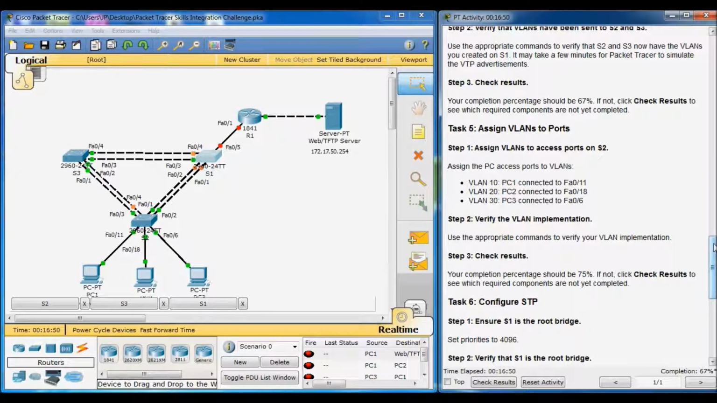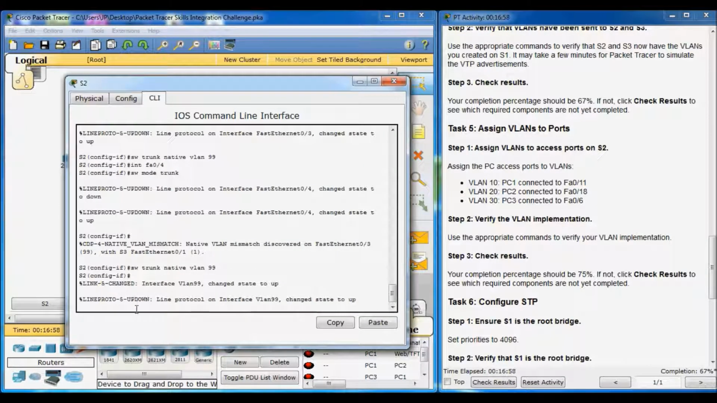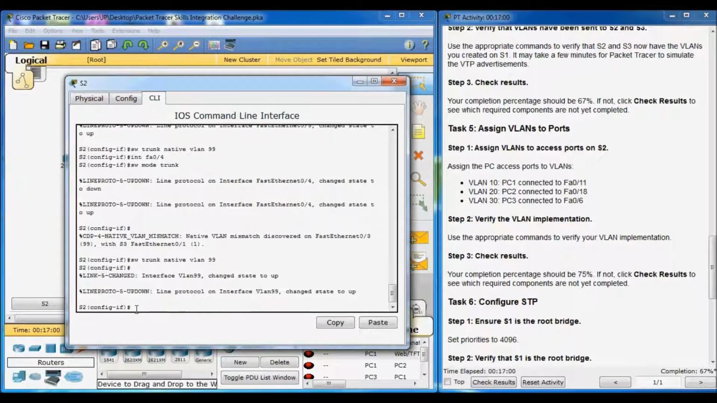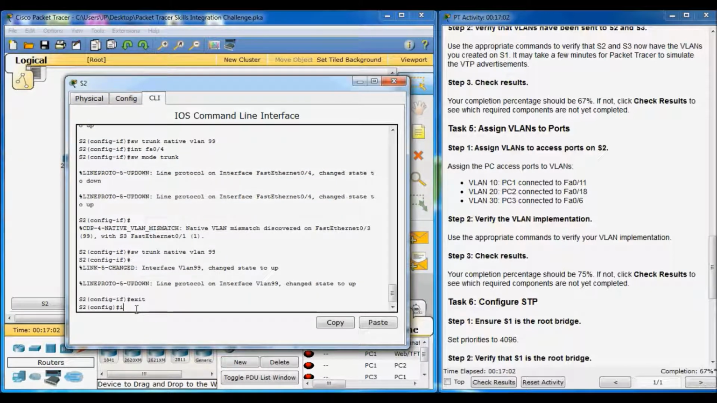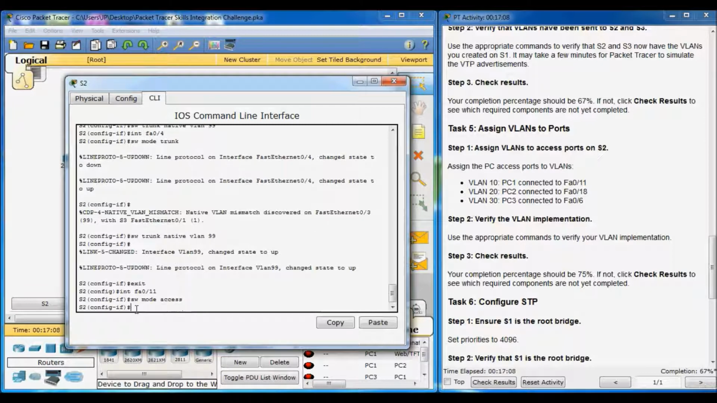Step 1, assign VLANs to access ports on S2. Assign the PC access ports to VLANs. VLAN 10 to PC1 connected to FA0/11. Go to S2, then press enter, exit, type in